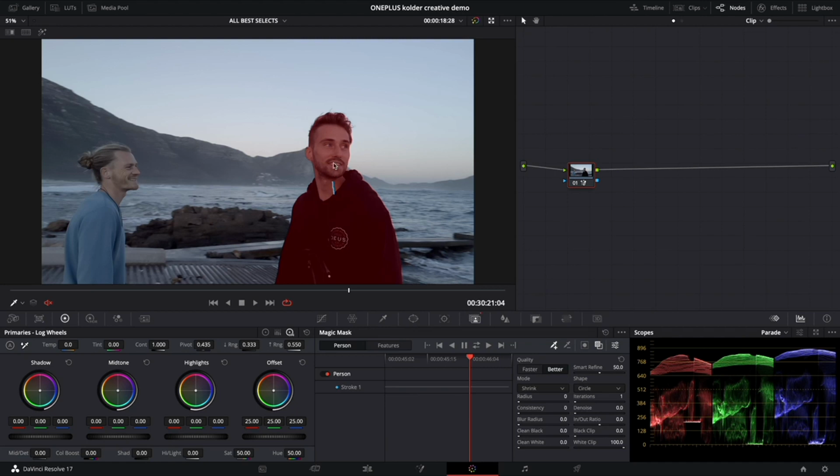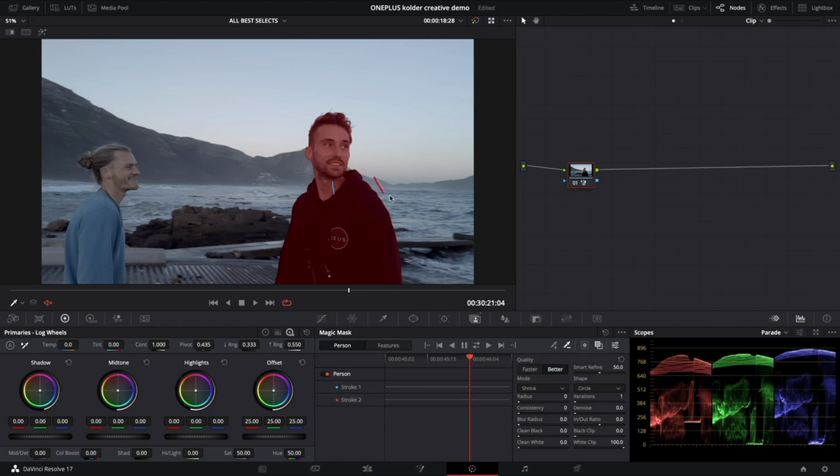You might be selecting multiple features, like all the exposed skin on a person. So maybe on their hands, maybe on their face, their legs, things like that. So in situations like that, you will have multiple strokes. So we basically use these strokes to define what is our subject. And we can also use these other strokes, these subtractive strokes over here. If we select this tool here, we can use a red line to define what is not a part of